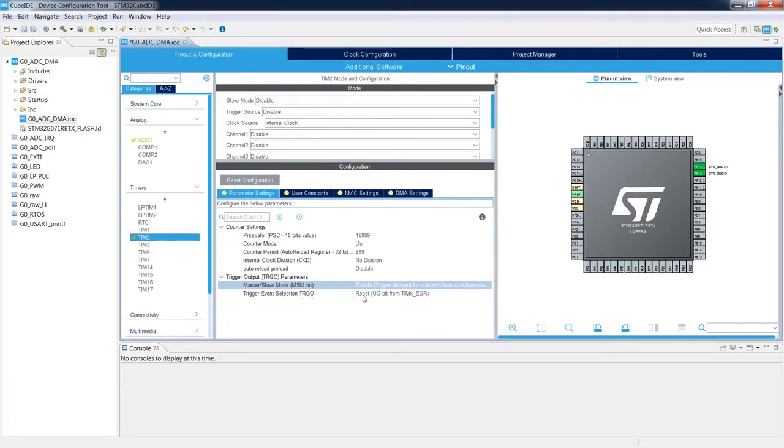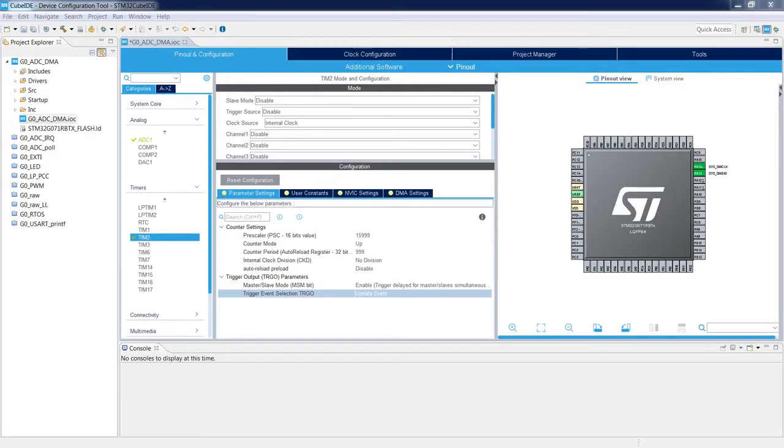So we will change this Reset, which is the default value, to Update Event, and on each overflow of the timer we will have a trigger pulse to start a new conversion by ADC. That's all the operations within the device configuration.